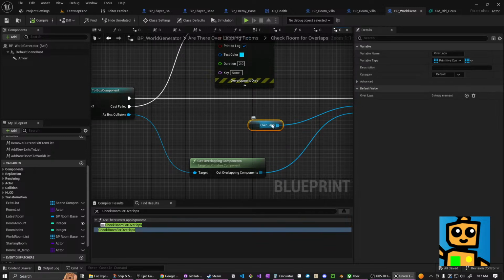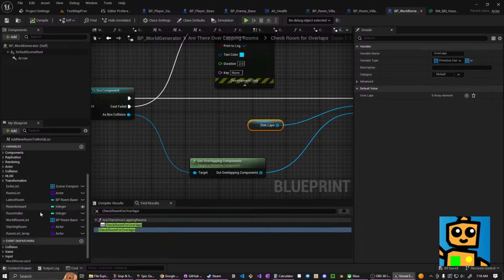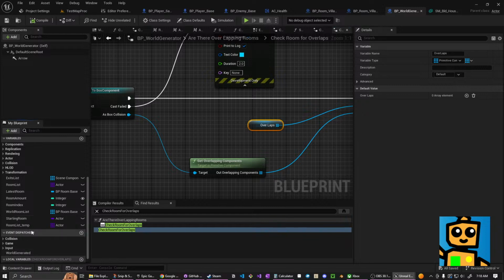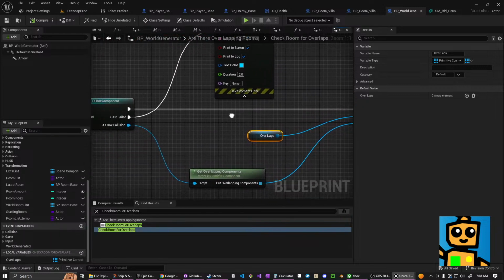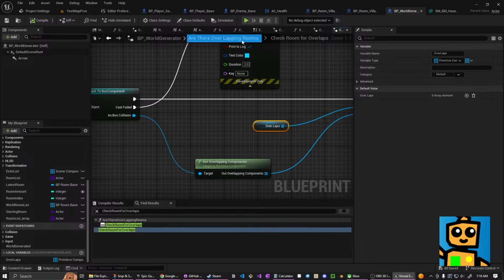Is this a local variable? Oh no, it's a local variable. Hopefully it's a local variable of this, but